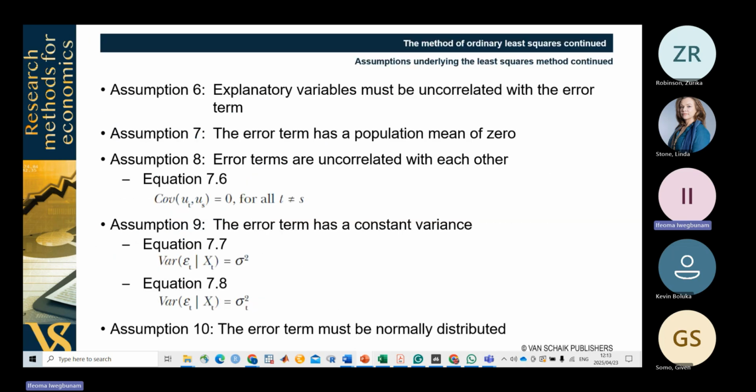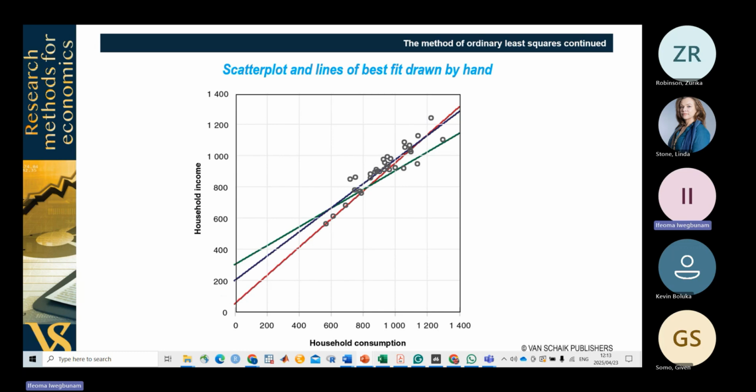Okay, I've already explained all these ones. Looking at these scatter plots and lines of the OLS model using household consumption and household income, one can see that all the variables are aligned and fitted within. You can see the variables, even though they are scattered a bit, when a straight line is being drawn within the scatter plots